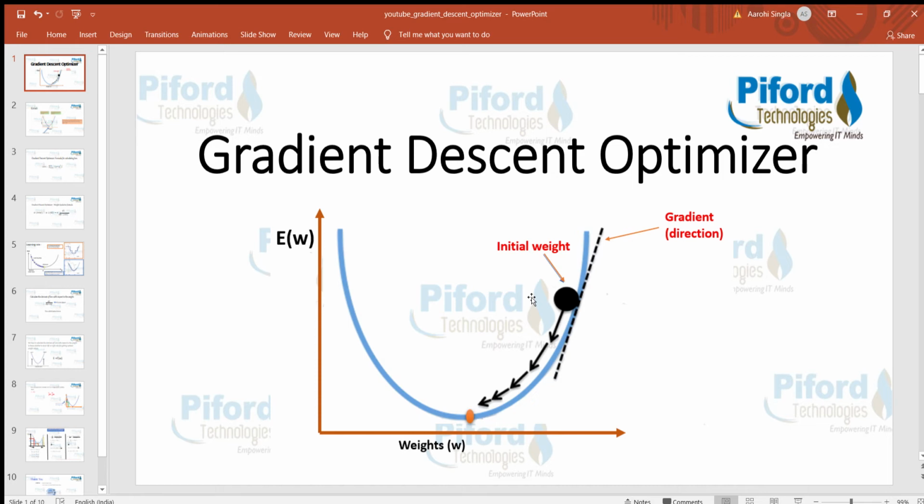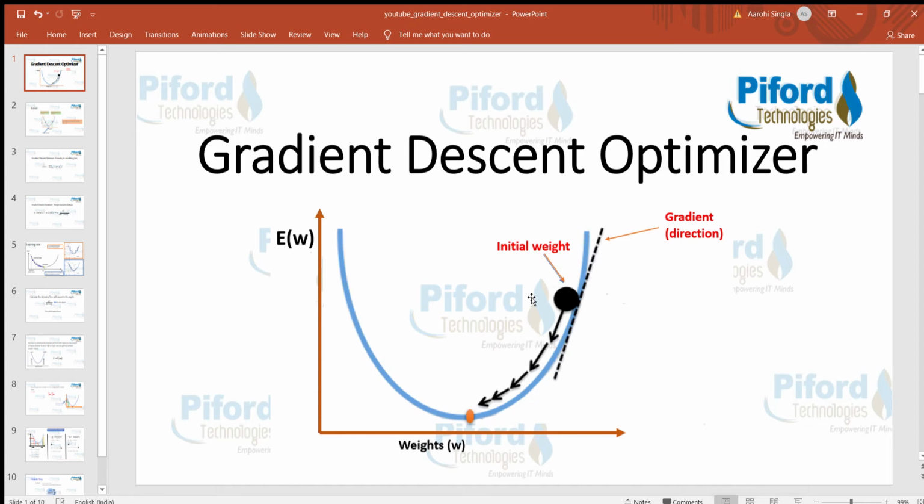After calculating the loss, we go in the backward direction, using the backward pass of backpropagation, and during that backward pass we update the weights on the basis of the loss